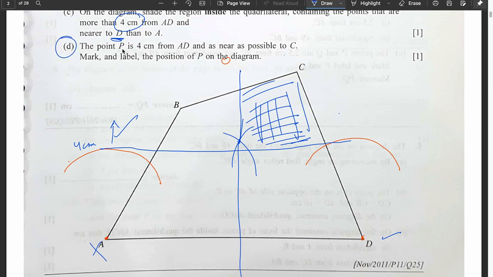D part says the point P is 4 centimeters from AD and as near as possible to C. Mark and label the position of P on the diagram. Where would it be? Make a guess. Right corner on this blue line, let me label it EF. On this line,